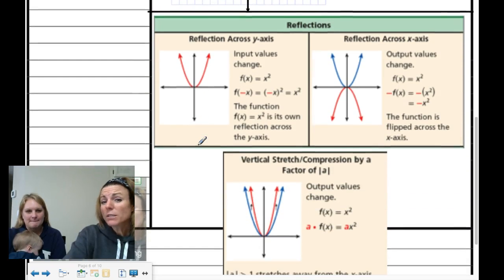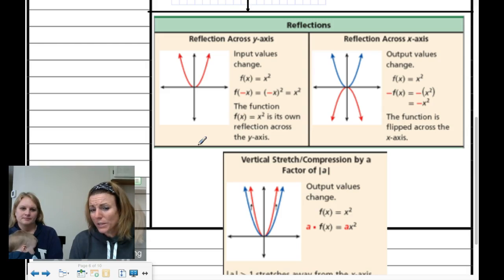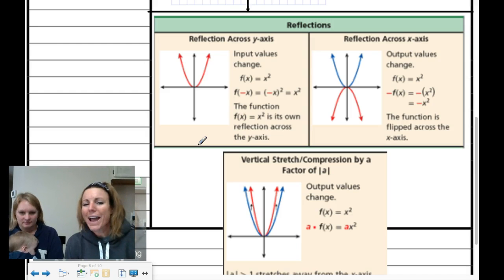So we just talked about horizontal and vertical transformations. Now we're going to talk about reflecting across the y-axis, across the x-axis, and a vertical stretch and compression. What I want to highlight though is we will never be using in Algebra 2 horizontal stretches and compressions. Only vertical, which are much easier to learn. So when we talk about reflecting across the y-axis,